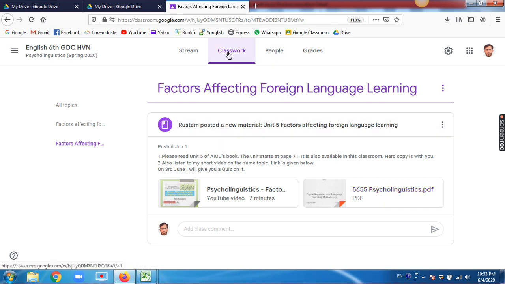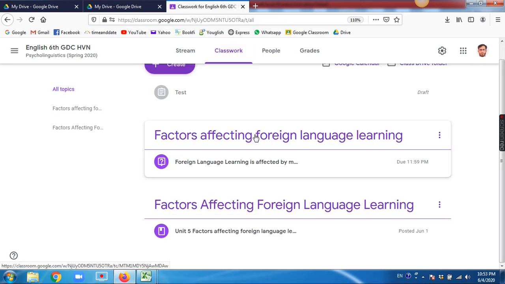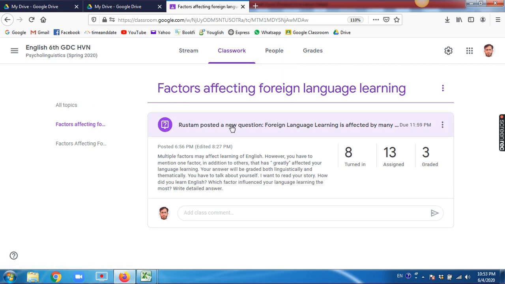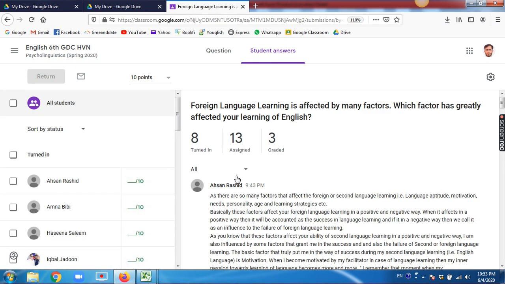Today I also assigned them a classwork. Here, let me show you. 11 students have submitted their assignments. 3 students I have already graded, as you can see here, and 8 assignments I'm going to grade tonight, and other students will also submit.